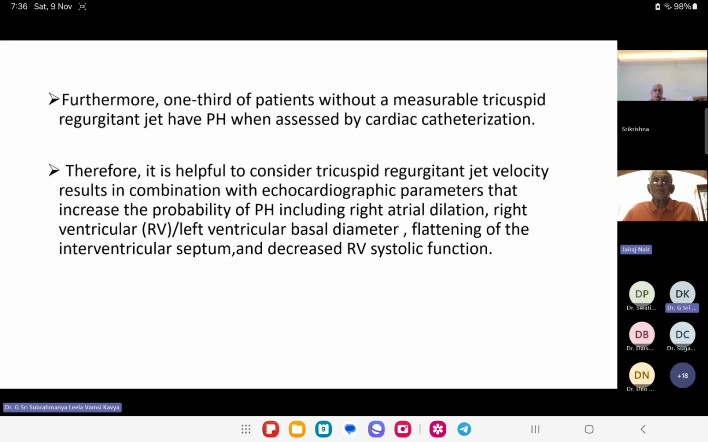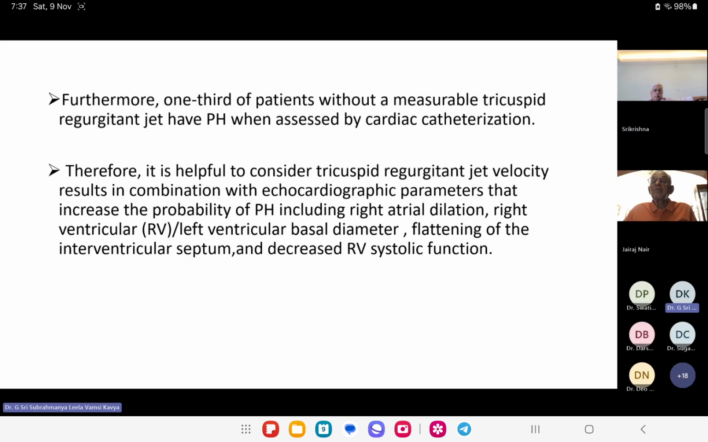Furthermore, one third of the patients without a measurable tricuspid regurgitant jet have PH when assessed by cardiac catheterization. Therefore, it is helpful to consider tricuspid regurgitant jet velocity results in combination with echocardiographic parameters that increase the probability of PH, which includes right atrial dilatation, right ventricular to left ventricular basal diameter ratio, flattening of the interventricular septum, and decreased